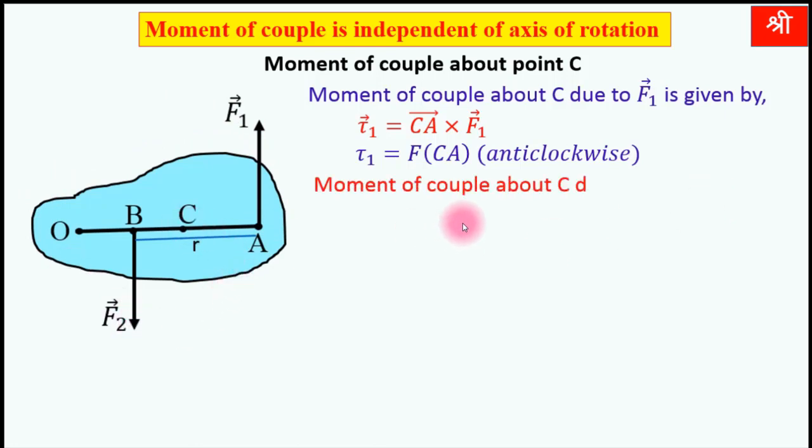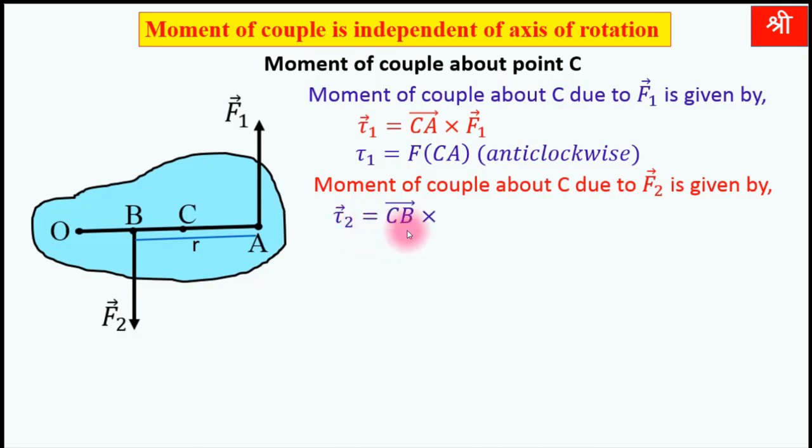Moment of couple about C due to F2. Now again the axis of rotation passes through the same point C, and this force F2 will again try to rotate this body in the same anti-clockwise direction. So moment of couple due to this force F2 will also be positive, because anti-clockwise moment of couple is taken as positive. Here we can write